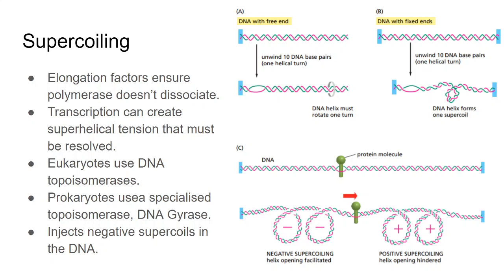Imagine positive supercoiling is giving you plus 5 units of tension. A negative supercoiling will give you minus 5 units of tension. So both of them are giving 5 units of tension, but on opposite sides. Positive is plus 5 and negative is minus 5. Now imagine that opening of DNA requires you to have positive 5 supercoiling.